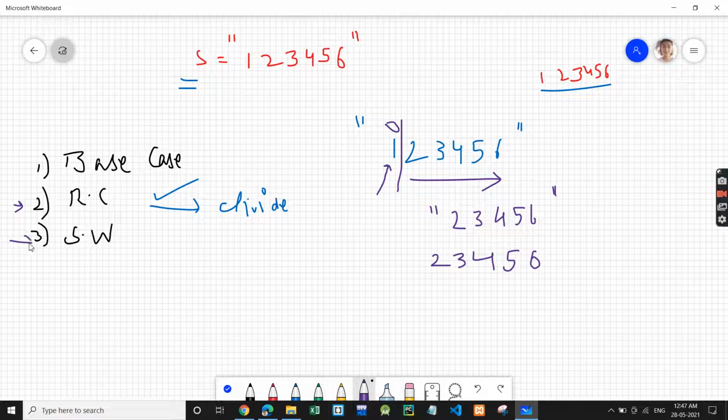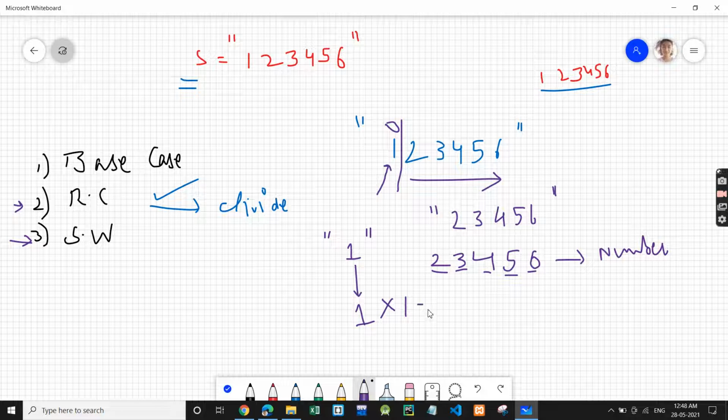Now we need to think of the small work, and small work we do on the 0th index. In order to make 1 2 3 4 5 6, we have 2 3 4 5 6, which is an integer, a number form. But 1 is a string, so the first step is to convert the string into a number. Then we need to count how many digits are there: 1 2 3 4 5, 5 digits.